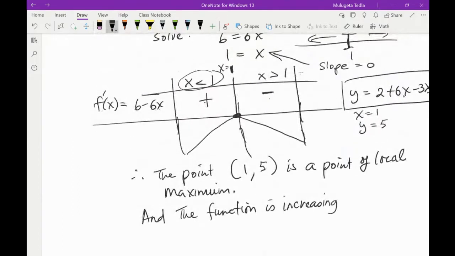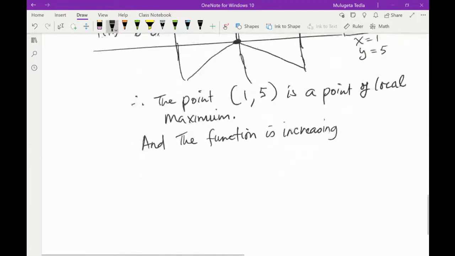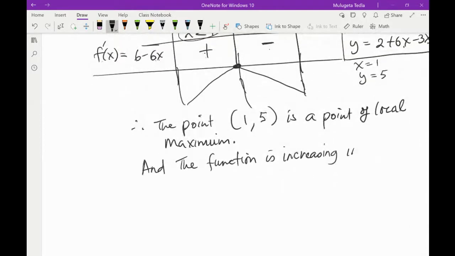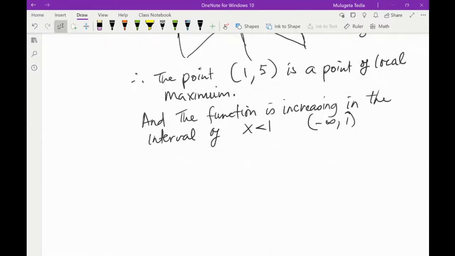What is the interval of increasing? X less than 1. So the function is increasing in the interval x less than 1. Or you can say this is negative infinity to 1. You can exclude it, include it, doesn't matter. We're talking about interval. And the function is